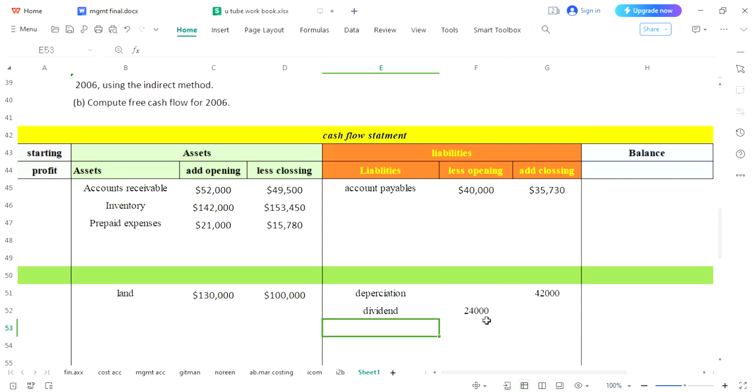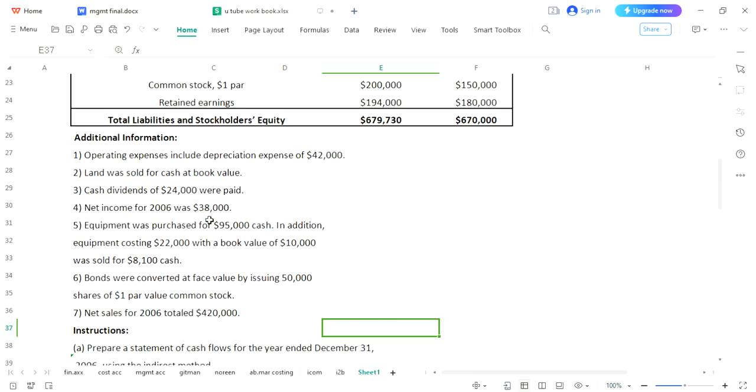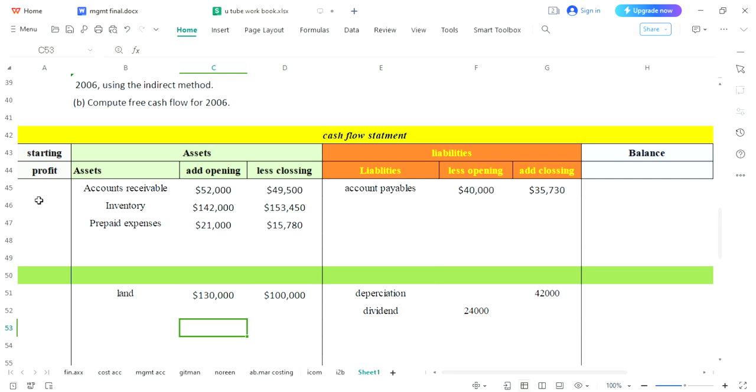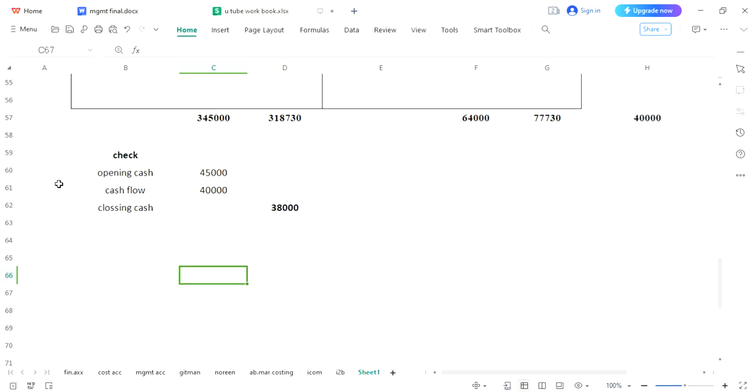Once again, I'm telling you, you have paid 24,000. It means your cash is decreasing. That is why you have chosen the column of subtraction, the column where you can decrease. And why have you chosen the liability side? Dividend is directly associated with capital and shares, which is written on the liability side. It means dividend would be posted over here. 24,000 has been paid. Now next, net income is automatically calculated. We have not to be worried about that. So 38,000 profit, the starting point profit, is already provided.